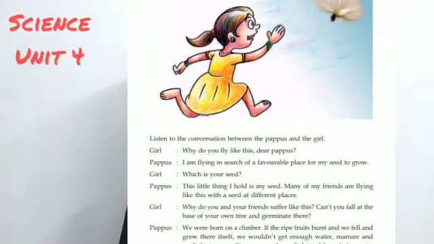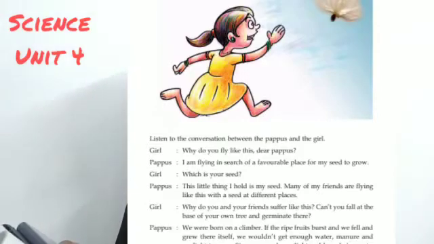So the girl is asking, why are you going to other places? You can germinate down the tree, from where you fall down. Base means down the tree. Why are you going to far off places? The girl is asking. You know the reason, no, children?